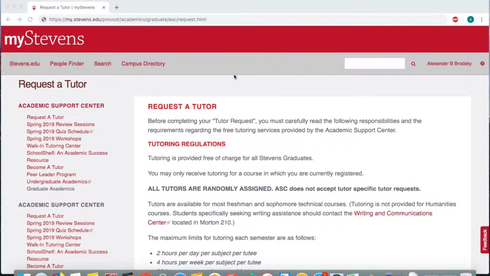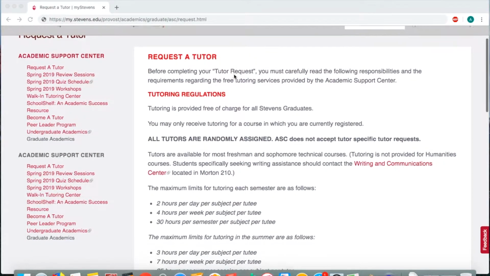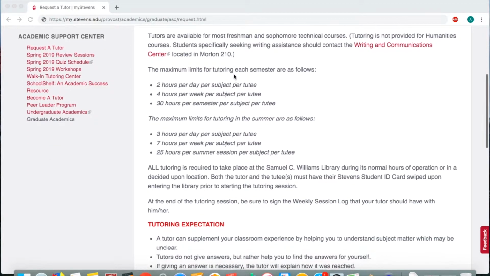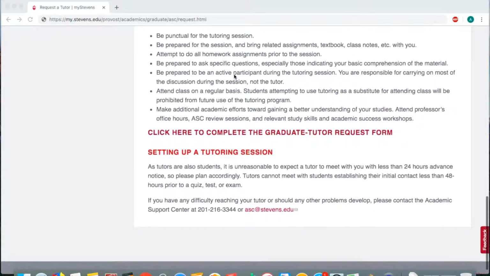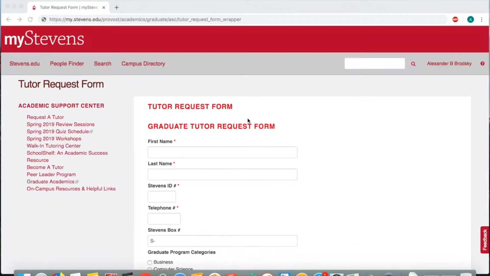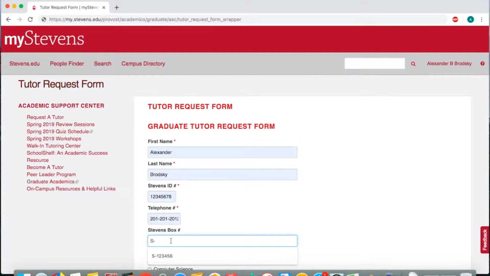Next, you're brought up to a page that may be familiar to the undergrads who use the tutoring program. It's pretty much the same initial setup, but we added some new grad school categories as well as a new grad school request form. Here you can see it's pretty identical except for a few different factors, so I'll start off and explain them. So I'll put my information, my name, first name, last name, my Stevens ID, telephone number, Stevens PO Box, and